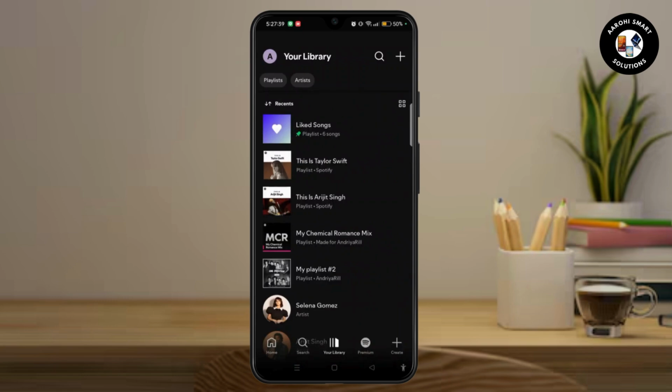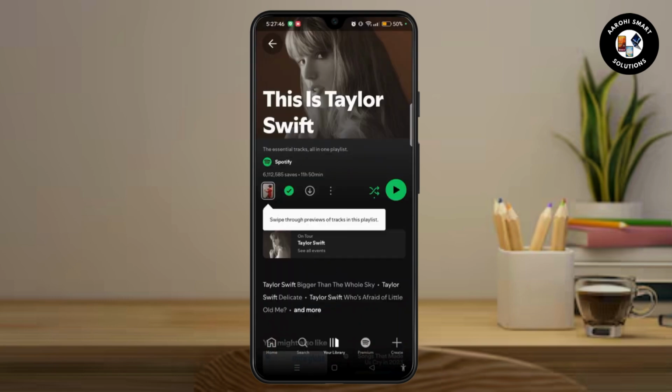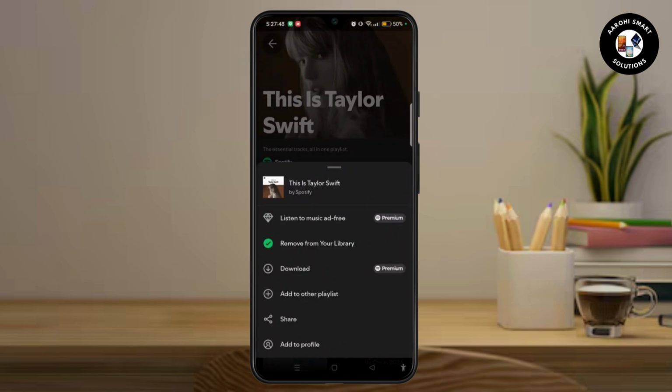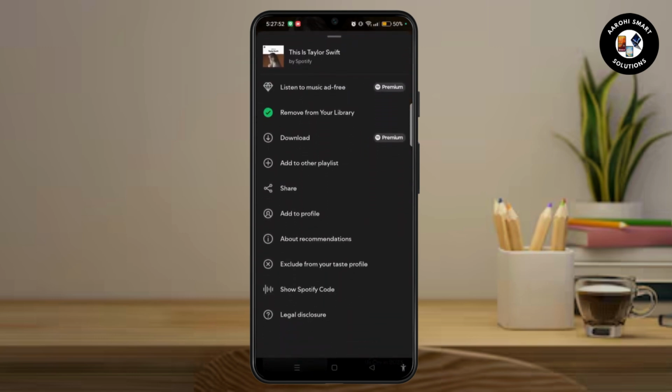After that, you can simply tap on the three dots of this particular song. Now you'll see different options like listen to music ad free, remove from your library, download, add to other playlists here, and many more. So, in order to set a ringtone, what you need to do is first tap on the download